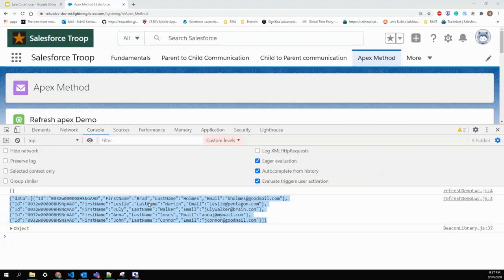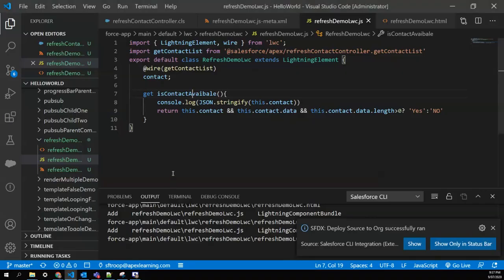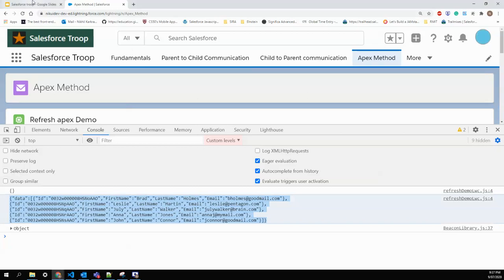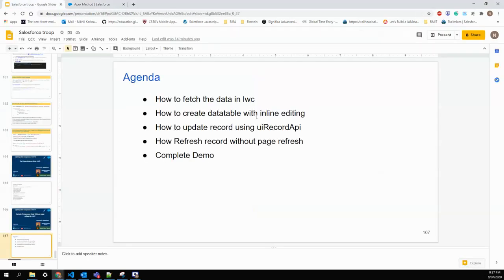Let's go to the VS Code now. Here you can use it as a function as well if you want, but I'm fine with contact because here I am not manipulating anything with the data. So wire by property is easy. So now the second task is how to create a data table with inline editing. So let's go to VS Code